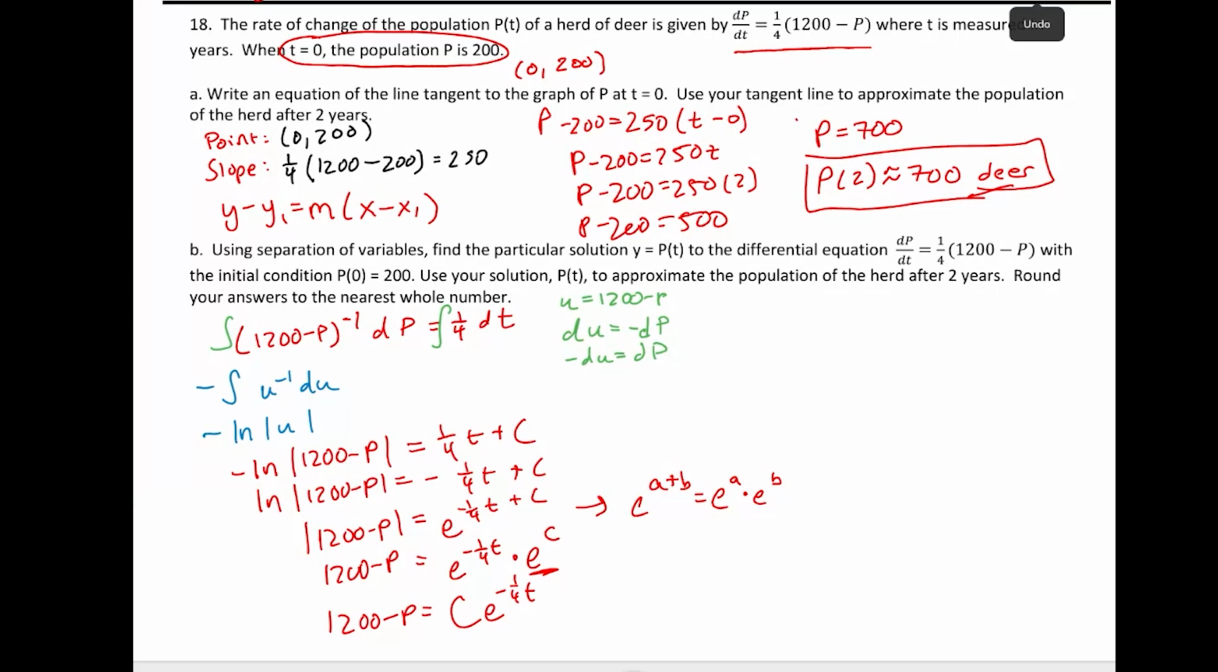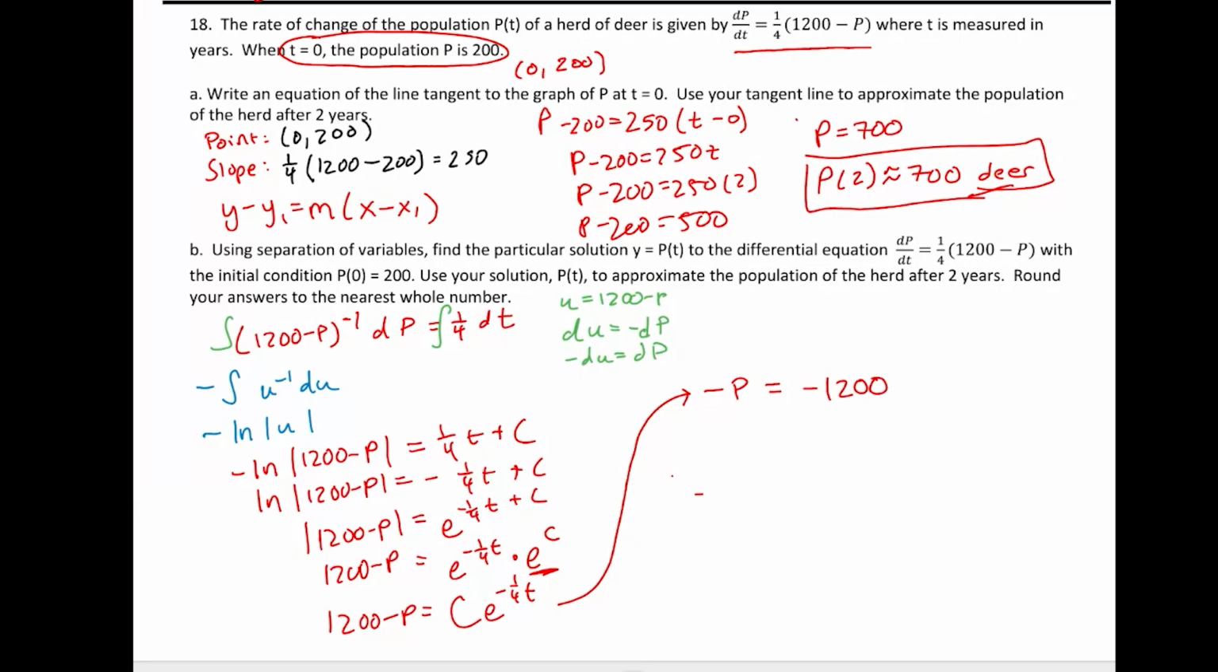Now there's two more steps here to get p by itself. I do need to subtract 1200 from both sides. So let's erase this. Continue this up here. So if I subtract 1200 from both sides, I'm going to get negative p equals, well, maybe I'll put that minus 1200 in the front because I just want to make sure that it's really just an aesthetic choice